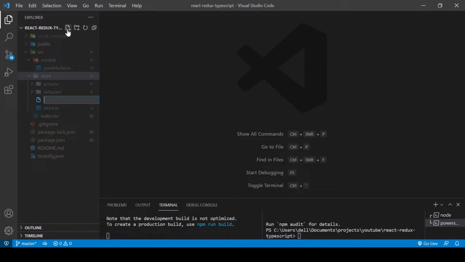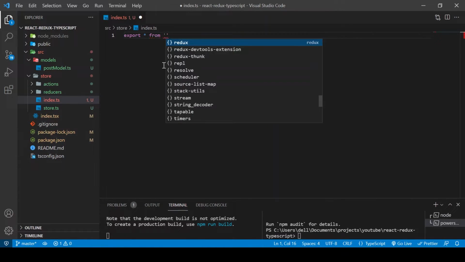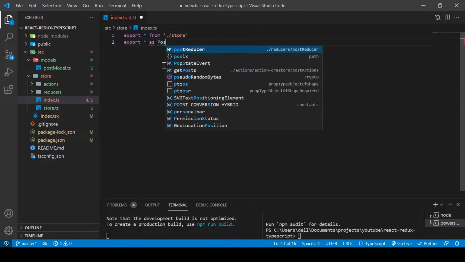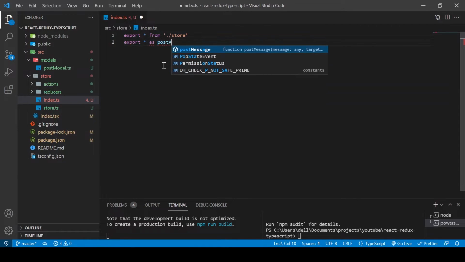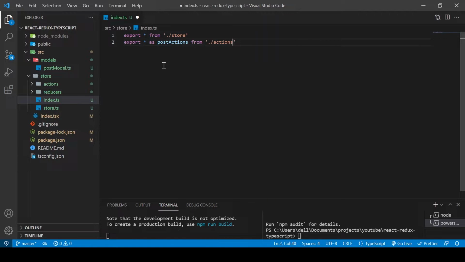But before we do that, let's write an index.ts where we'll be importing our files so that we don't have to go into our action to start importing our different types of action. So let's create our store. So first of all, import everything from store, and also we're going to import everything as post action from. So we just go up into our actions folder. So with this, our action creators and then our post action. So with this definition here,